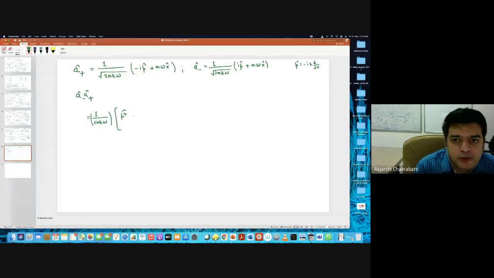The next term is going to be this minus and plus. So it is going to be i m omega px, and then this term, which will be plus i m omega xp. And then the last term is